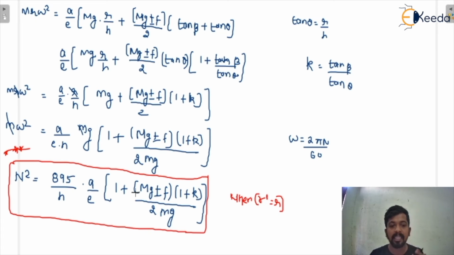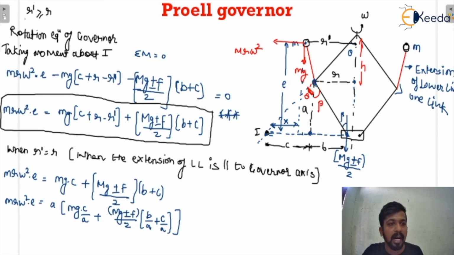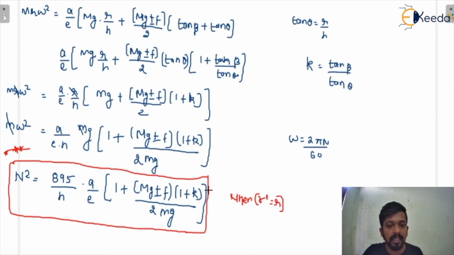Okay, I am again repeating, this equation is valid only when r dash is equal to r. When r dash is not equal to r, that means when r dash is greater than r, because only two cases are there. We all know that r dash is greater than or equal to r. So we have seen that when r dash is equal to r, what would be the relations? So we have got these relations.